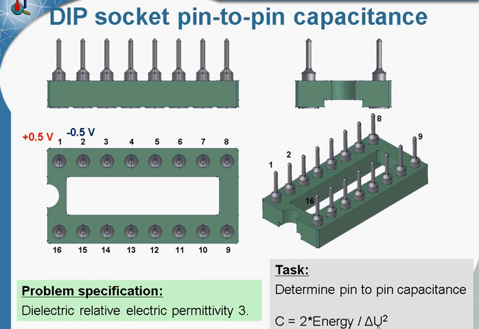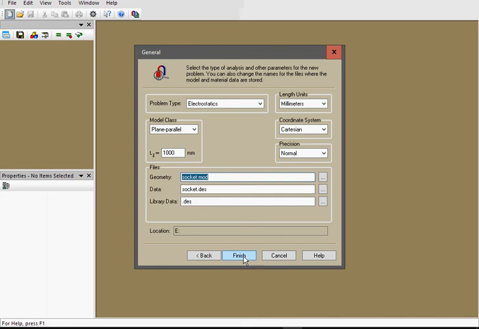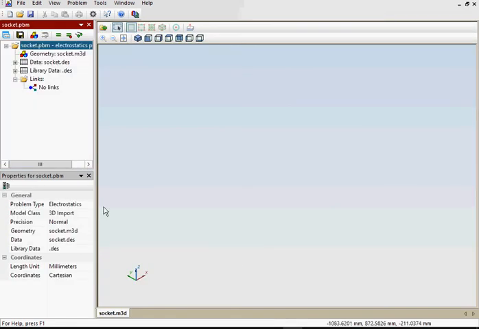So let's start QuickField now. Here I create a new problem. Socket. Next. Problem type is electrostatics. Model class is three-dimensional import and length units are millimeters. Finish. On the left you can see the problem tree and on the right you can see the geometry model